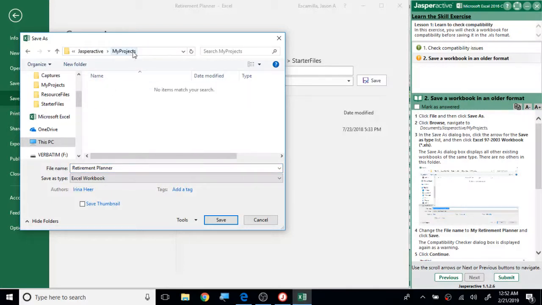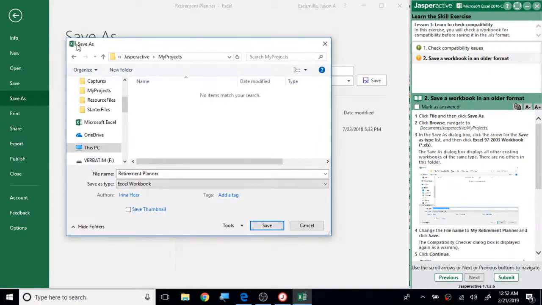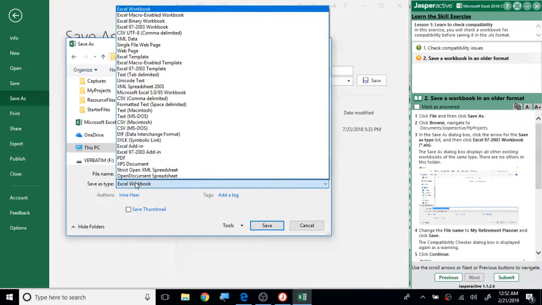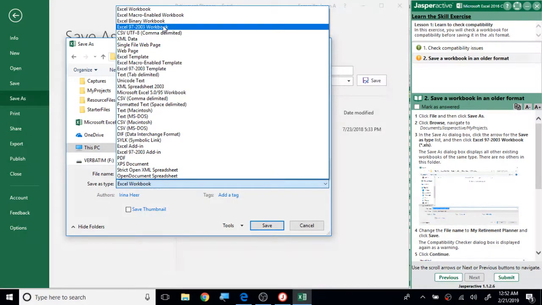Make sure you're in My Projects, because if you save this in the wrong folder, you will not get this one right. Now it says in the Save As dialog box, that's this thing right here, dialog box, it's an important word for you to know. We're going to click the arrow for the Save As type, and we're going to change it to Excel 97